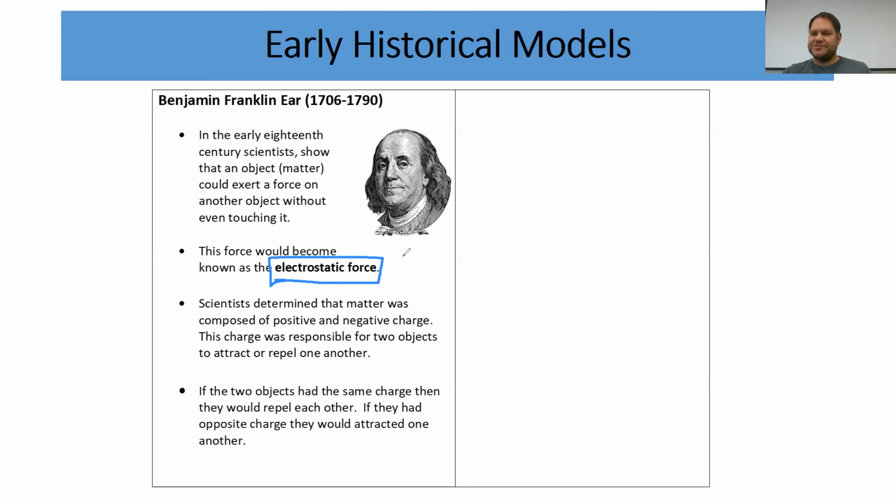Be able to draw that model, be able to essentially tell me the characteristics of Dalton's marble model, and so forth. And then, of course, the electrostatic force, which is super important, what it is, and so forth at this point,